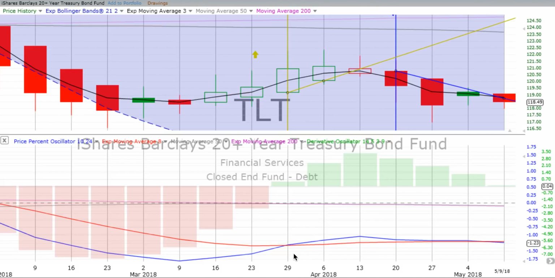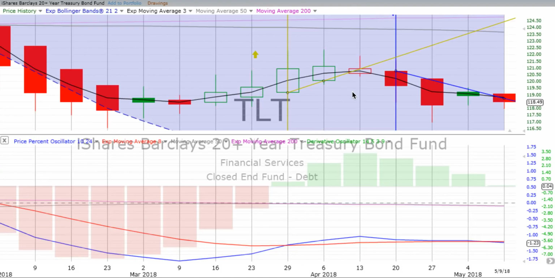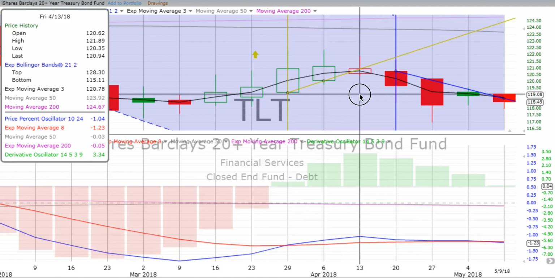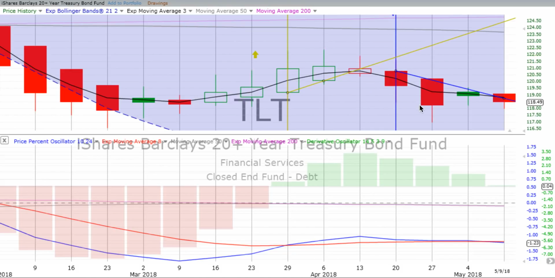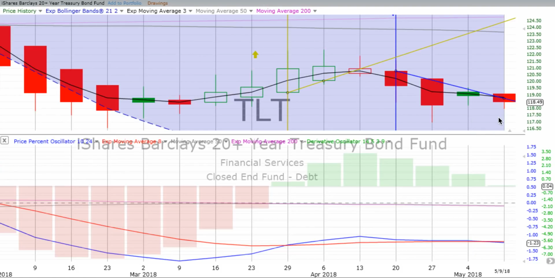Remember, it crossed over going up back on the week ending the 29th of March, went up the following week, and then sideways the week ending the 13th of April, down the 2 following weeks, the 20th and the 27th of April, and sideways pretty much over the course of the week ending last week, the 4th of May, and then so far this week down